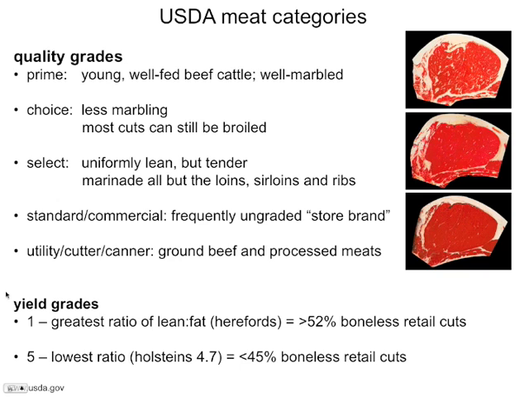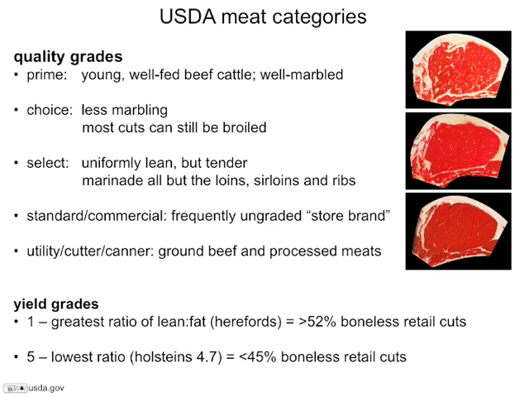Okay, this is what we normally see in the grocery store. Rarely do we think about this other kind of grading. This has more to do with the cattle going into the slaughterhouse than what appears in the grocery store, but let's talk about it anyway. There are several grades of yield, and they refer to the ratio of lean to fat, really referring to the quantity of meat that's being produced by the cow.